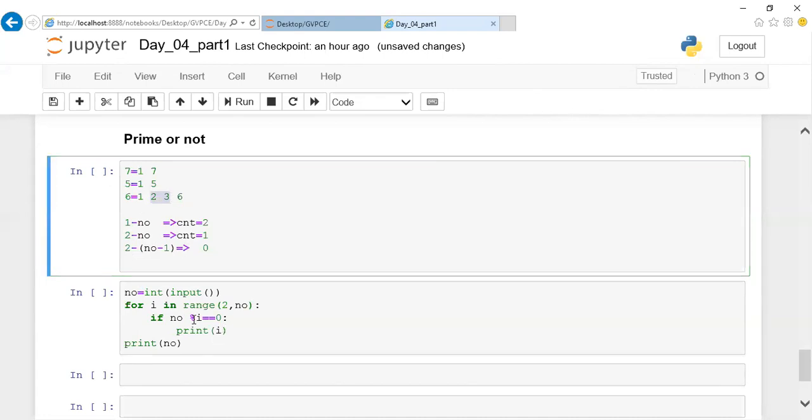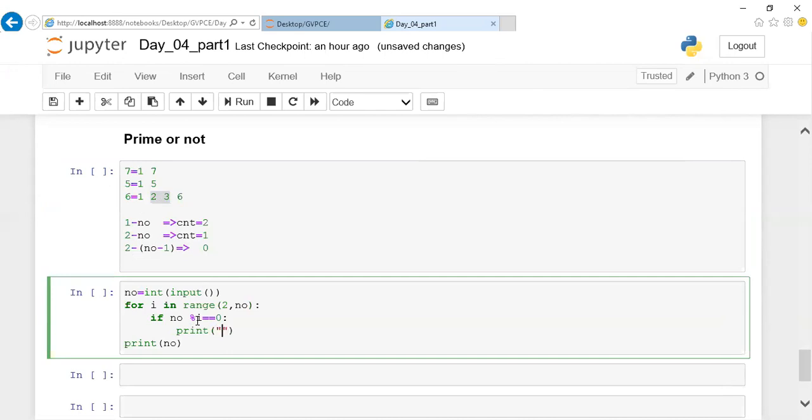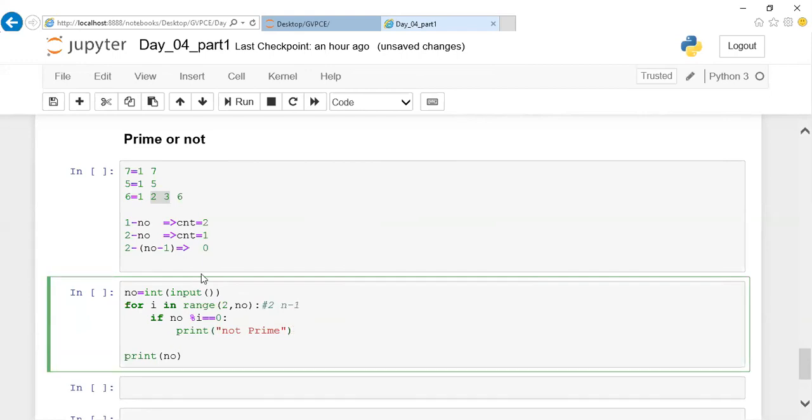So directly I'm going to check it here. If it is divisible within this range, for any given number I'm excluding 1 and the given number. If I mention range, it will go only till the given number minus 1, isn't it? So I'm taking the range from 2 to the given number minus 1. If it is divisible, I can display immediately that it's not a prime number, then I can break my operation. No need of going further.